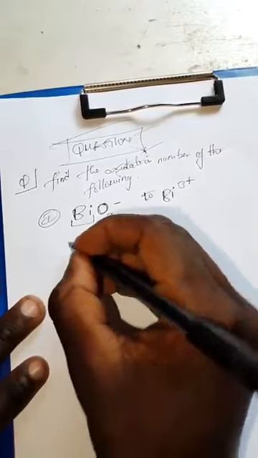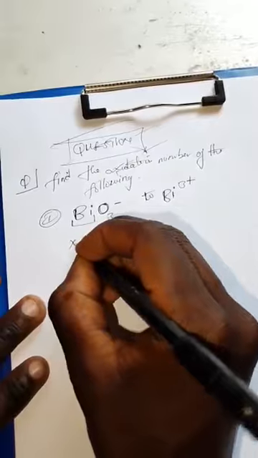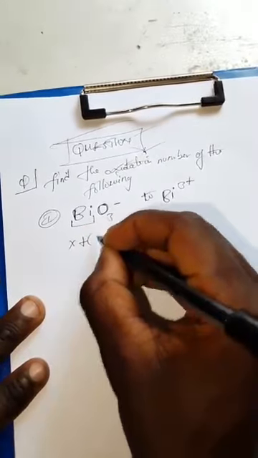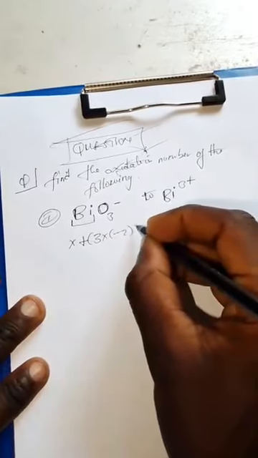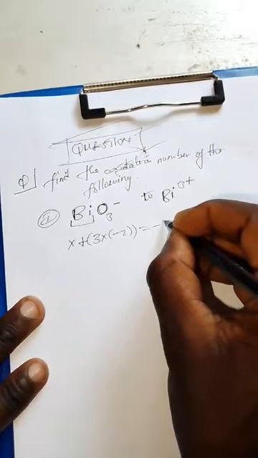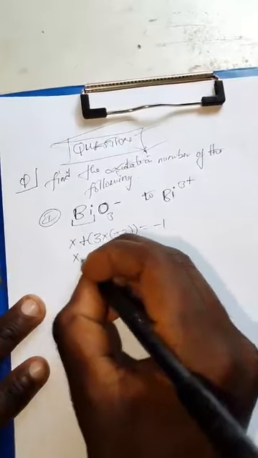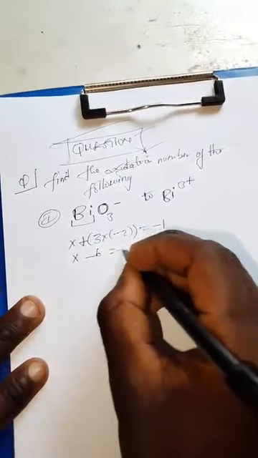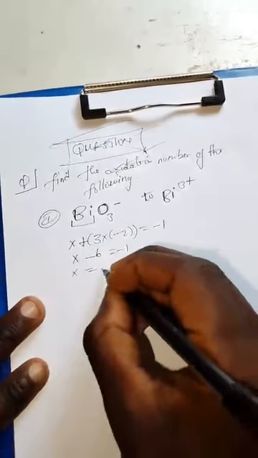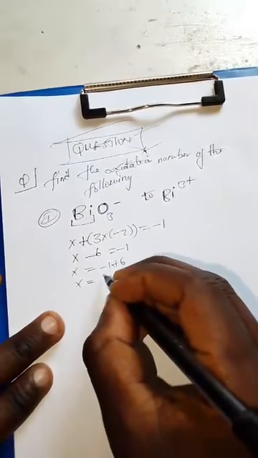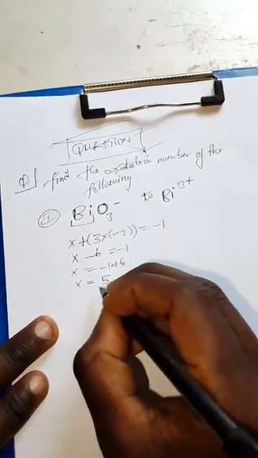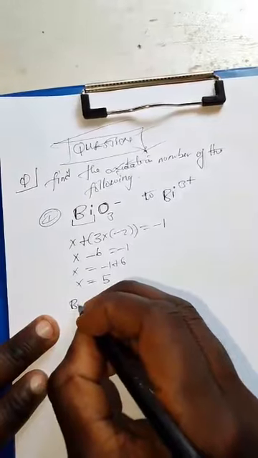So let this be x. Okay, so x plus, then how many atoms of oxygen? 3 times negative 2. Then this should be equal to the overall charge, negative 1. Then x minus 6 equals negative 1. x will be negative 1 plus 6. The value of x will be positive 5. Okay, so meaning this one